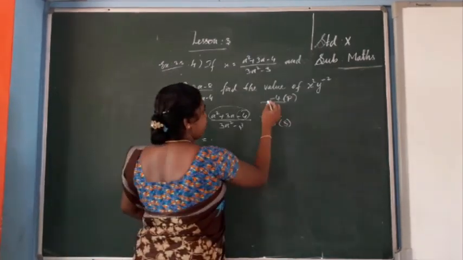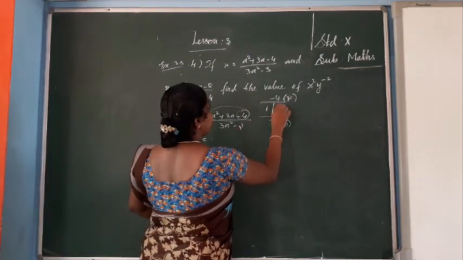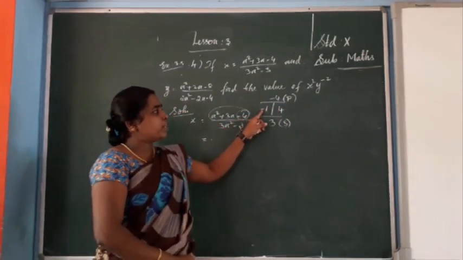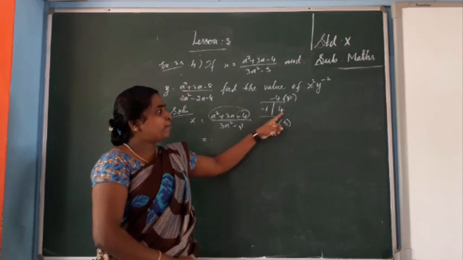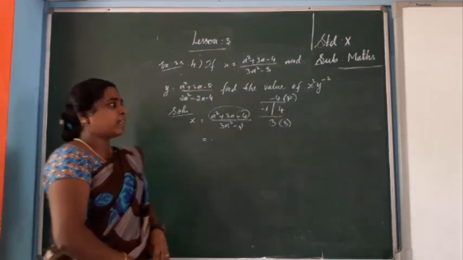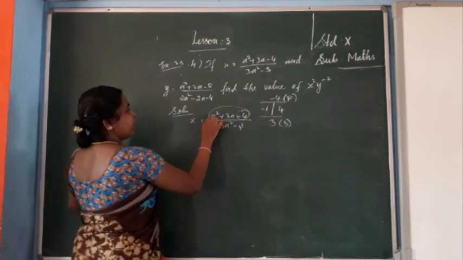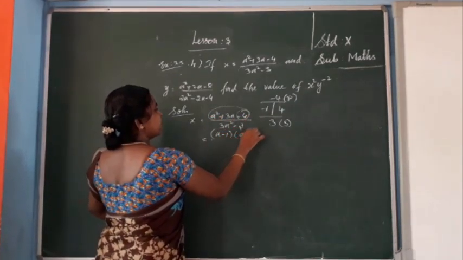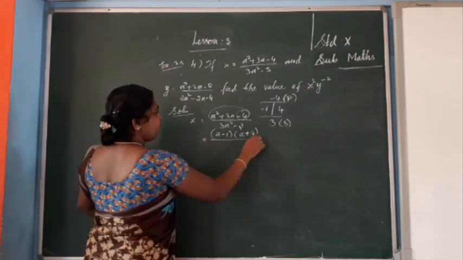The smaller number is negative. So 1 into 4 is 4. One number is minus, so minus into plus gives minus. Now we subtract: 4 minus 1 is 3. Are you clear? Now the variable is a. So a minus 1 into a plus 4 divided by